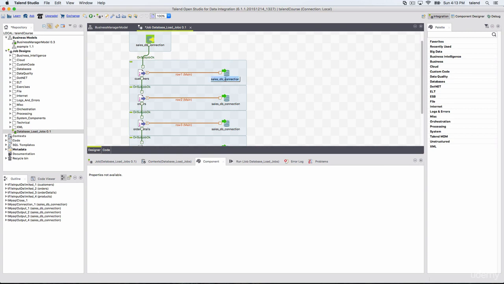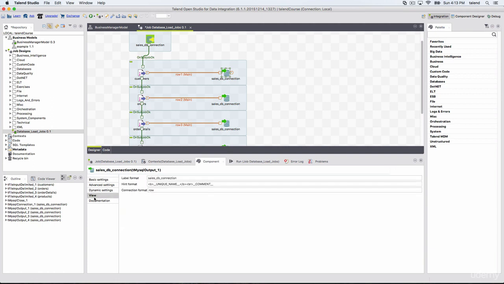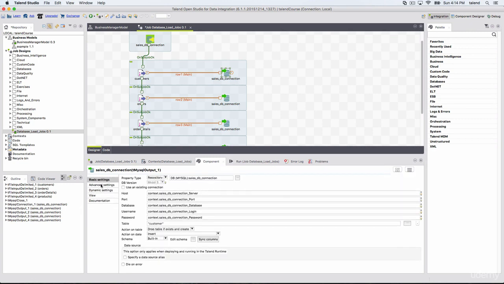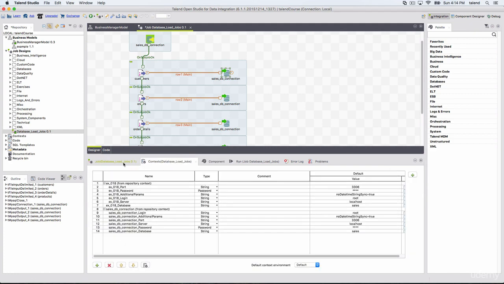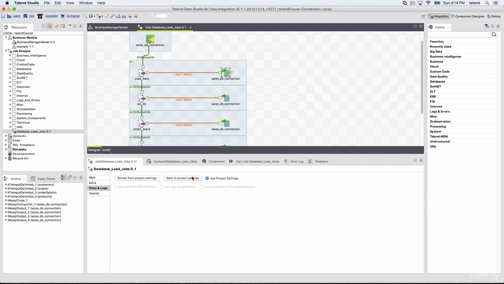One thing you can do is just click on this, but that's not the question they ask. They ask, in the component view, where do you change it, and the options will be like in the documentation, in the dynamic settings, in the basic settings, in the view. So the answer is in the view, in the label format option. So this is the place where you change the label name. So you have to go through all of this. If you are planning to write the certification, you have to practice. You have to go through each and every option of this. I will explain each and every option here, don't worry, but just as an FYI, remember you should go through all these options.